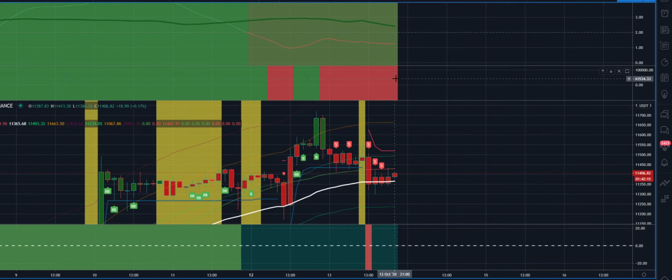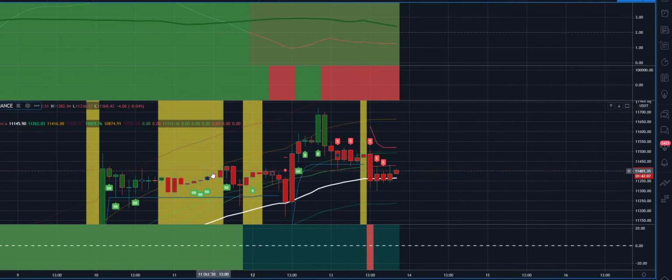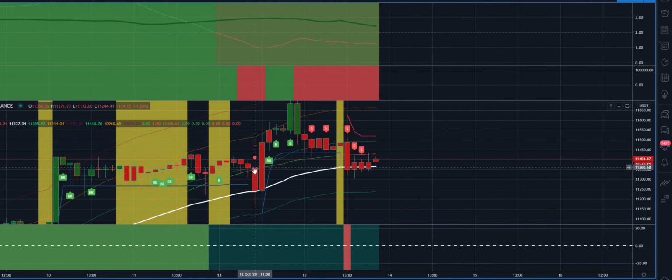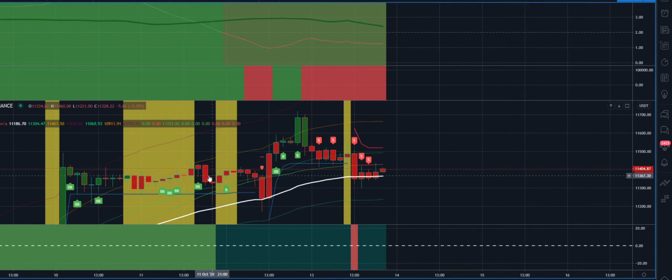Volumes also not the strongest, and the price action is in bullish territory. But when looking at this, looking at the candles being red, looking at the volume being red, there's a few more warning signs on the 2 hour that we might have some more sideways action for a while. I wouldn't be really confident going into this on the 2 hour until I start seeing some sort of green candle and perhaps the price action going into more of the green territory,